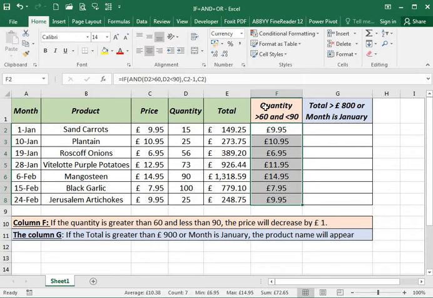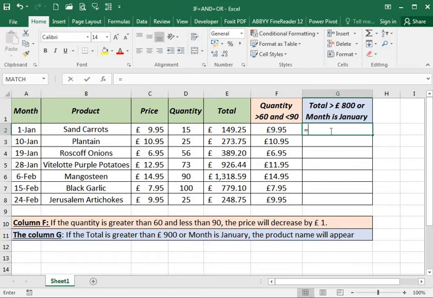In order to perform our second task, set the cursor in the cell J2. In this case, we will use the OR function. With the OR function, only one or more of the conditions within the OR function needs to be true for the condition to be met. Even if one argument in the list of arguments is true and the rest are false, the function will return true. Let's write down equal IF,